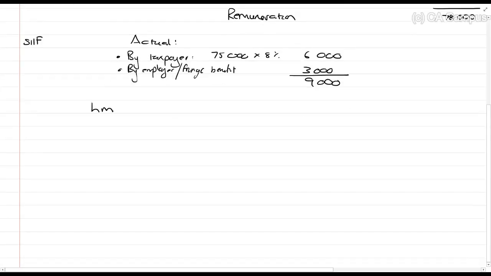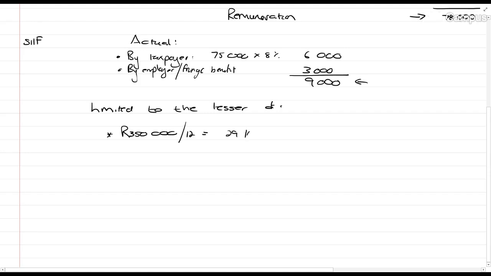Now, the deduction is limited to the lesser of 350,000. That's for a year, but we're looking at it on a per month basis at the moment, remember? So how much would that then be per month? 29,167 or 27.5% times. Now usually we say the greater of remuneration or taxable income including CGT, but we don't do it here because the employer is doing this calculation and the employer only knows what remuneration is. So the remuneration was 78,000 rands. So the answer over here is